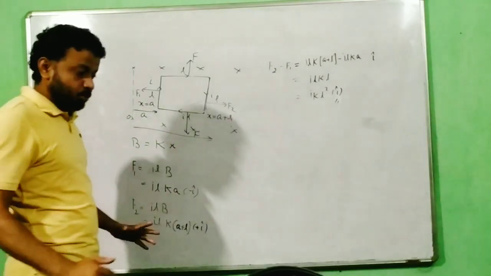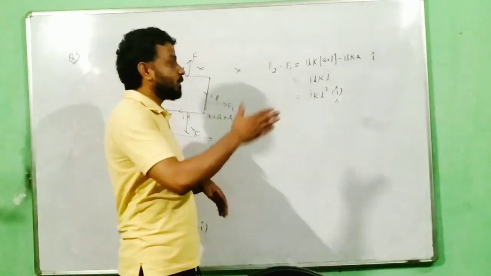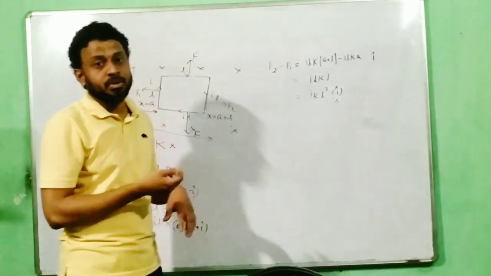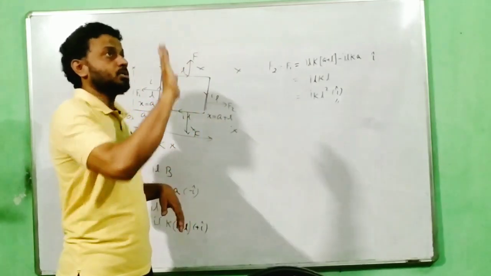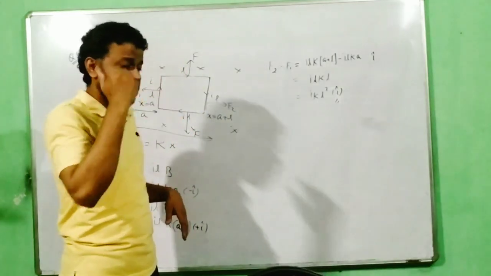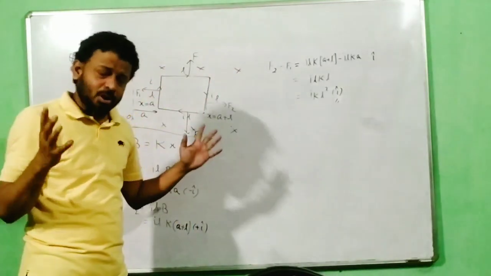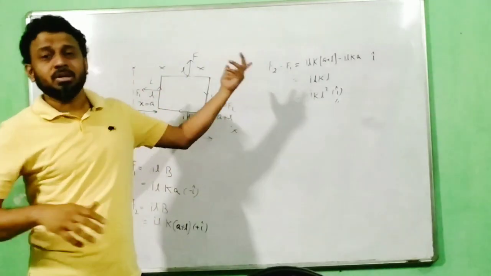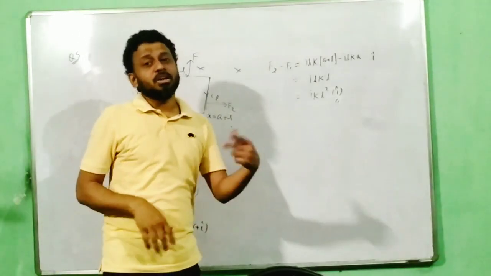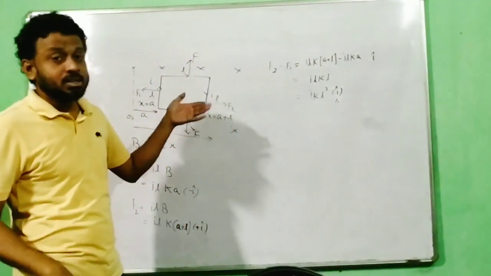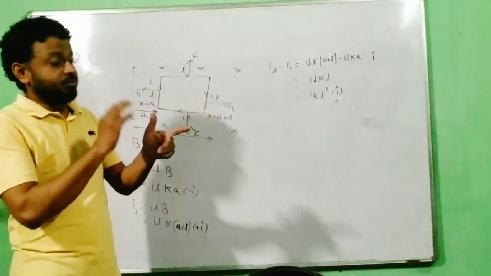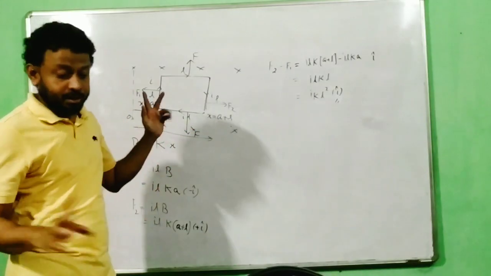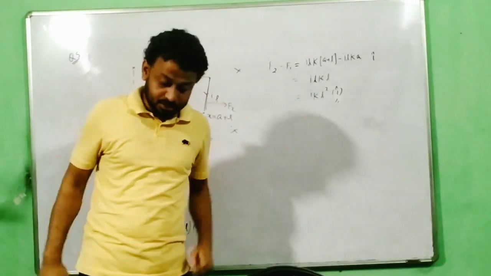Either you can practice this I L cross B, the one which I use: stretch your finger towards A vector, curl your finger towards B vector, I L cross B. Or use the i j k form, i cross j equal to k, i cross minus j equal to whatever it is coming in. Or Fleming's left hand rule, especially only for this case where we have FBI, force on a current carrying wire placed in a magnetic field. Anyone, but do practice very sincerely.